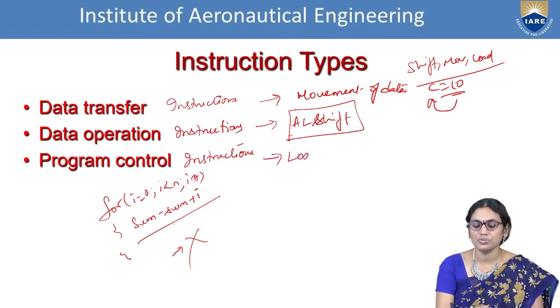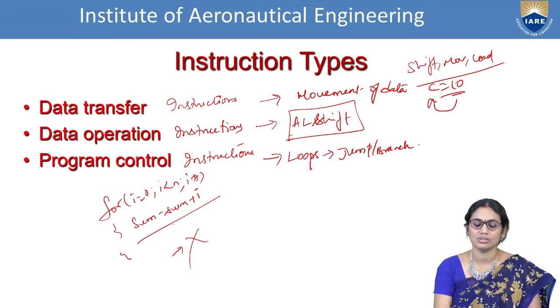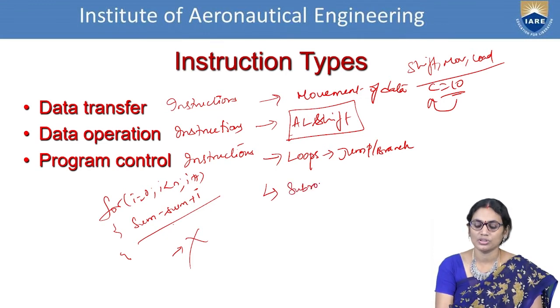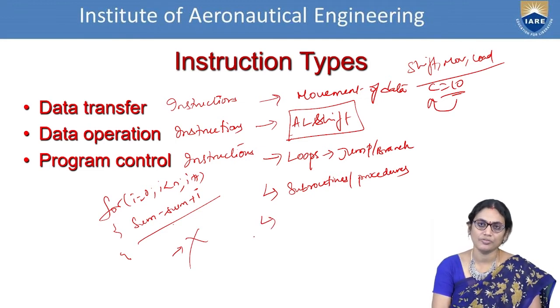First, to consider the loops, we are considering jump or branch instructions, instead of the go to statement. And then, in order to consider the function calls, we will be using subroutines or procedures. Now if any errors happen, it may be due to power failure, hardware failure, or some software compilation error.